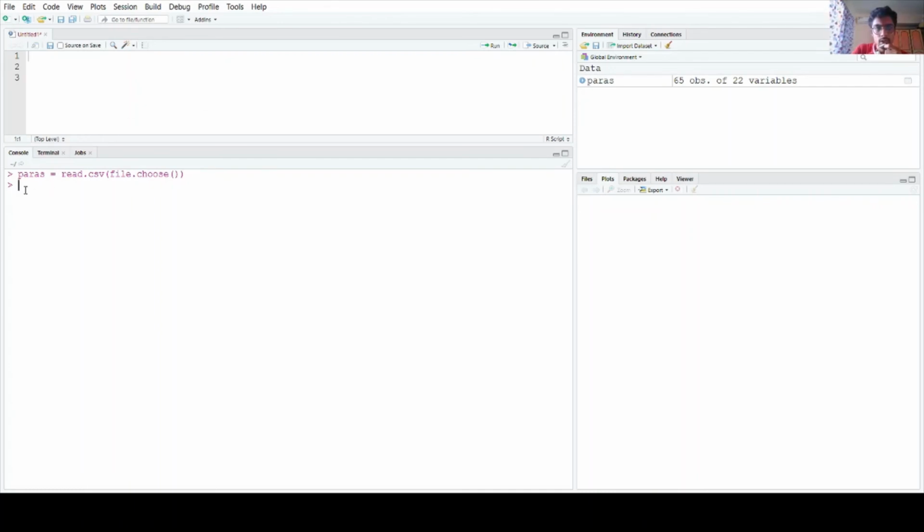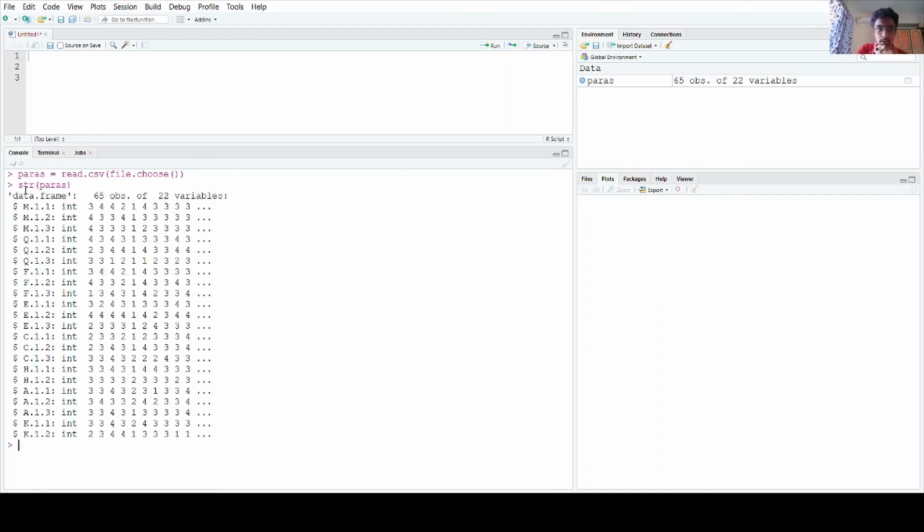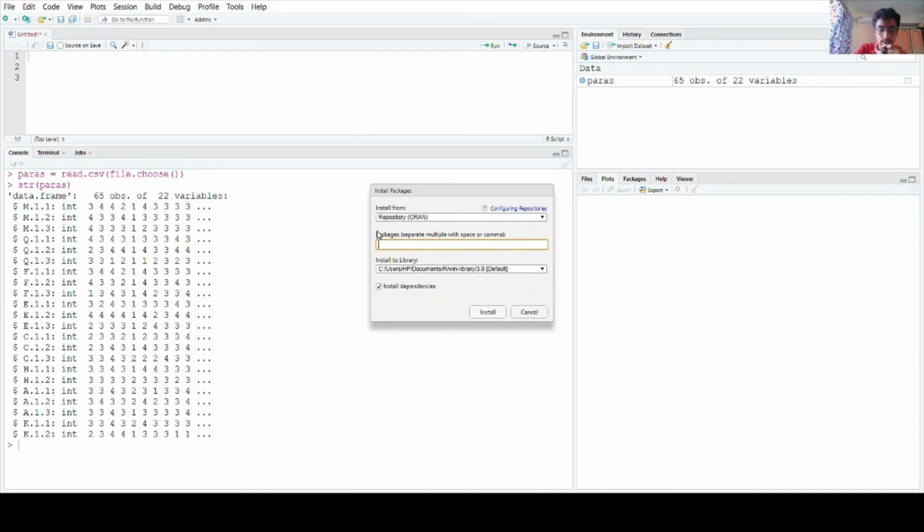In order to check whether the dataset is correct or not, I'll use the structure function str and then call my dataset by its name and hit enter. So M1.1, M1.2, yes, this is the same dataset which we used, and again we have 65 observations and 22 variables. For new users who haven't loaded the library called psy, you go to tools, install packages, and under packages you type psy and then click install.